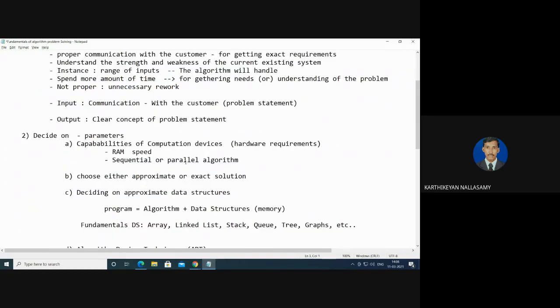parameters. One is we are going to analyze the capacity of the build system, which is going to be implemented on the particular machine. The next one is we are going to identify whether you are going to provide an approximate solution or an actual solution. And the next one is we are going to select the proper data structure in order to store the values. It may be permanent or temporary, so we have to identify the proper data structure for the implementation. Some of the sample data structures like array, linked list, stack, queue, tree, and graphs